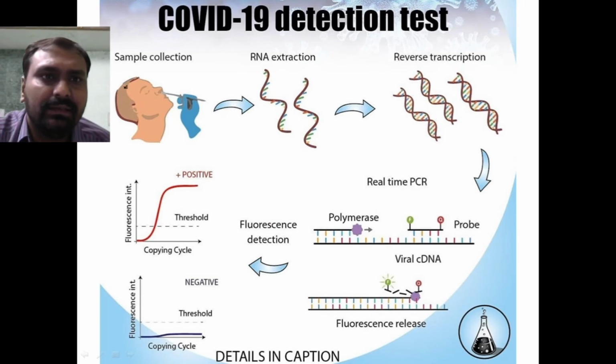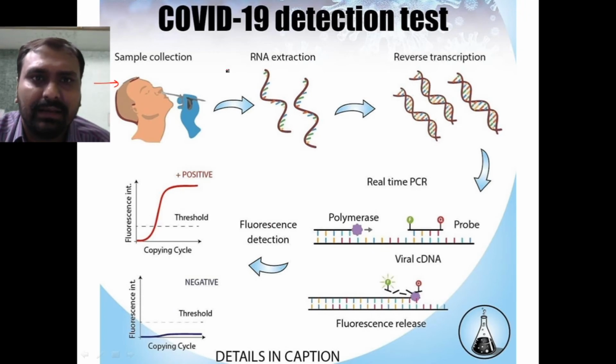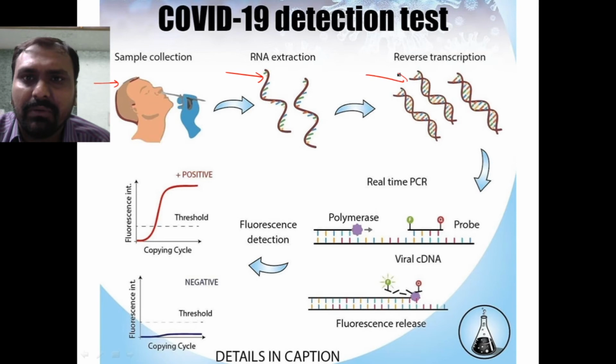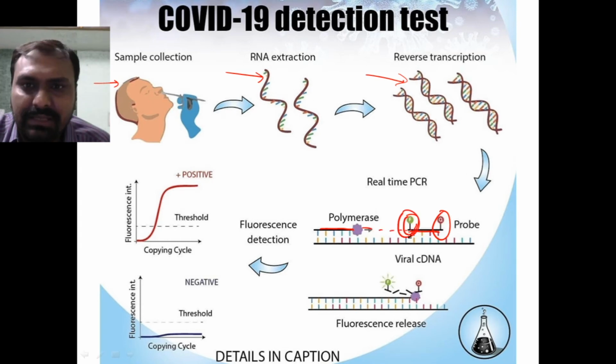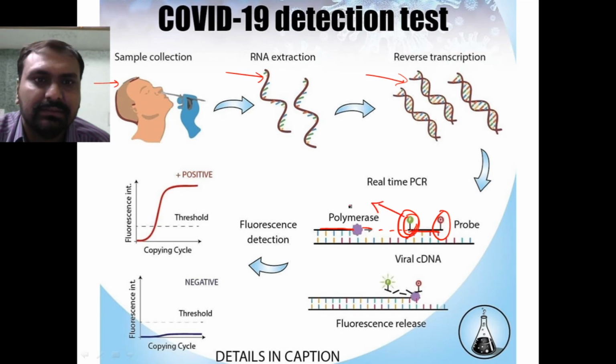If there is a virus, then it can be amplified. So you can see we take the sample, we extract the RNA, then with the help of reverse transcriptase, RNA is converted to DNA. Suppose this is a viral DNA, and primers are added, and TaqMan probe is there. One side there is a fluorophore, one side is a quencher dye. As amplification occurs, this fluorophore will be detached and it will give the fluorescence signal.